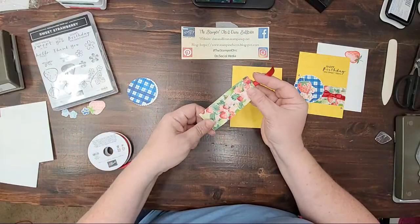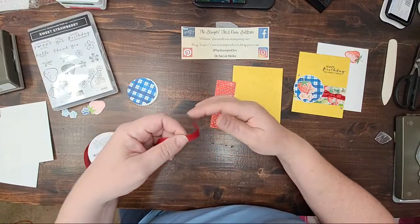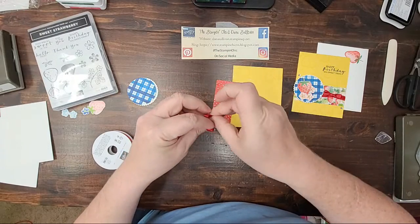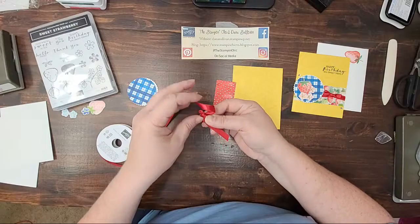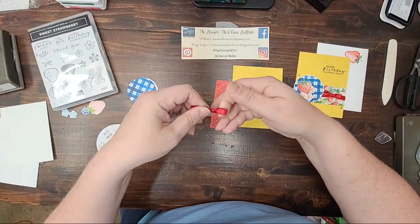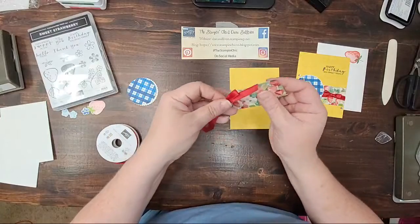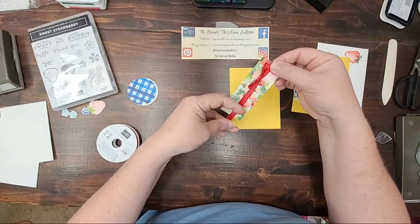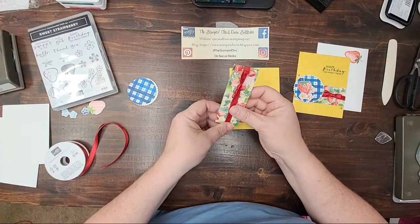Instead of wrapping the ribbon all the way around and tying it in the front, which you could totally do, I'm going to save you just a little bit of ribbon, and we're going to tie a bow right here so you leave just a little tail on this side. We're going to tie the bow directly into the line of ribbon here. Just flip that end over and pull the tails through. Now we have that, and I can tweak it just a little bit if I need to. And then I'm going to take this end and tuck it just like that, and take this end and cut a little bit off the edge, just enough to wrap it around to the other side,